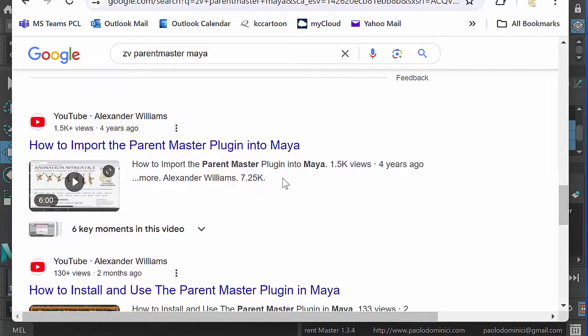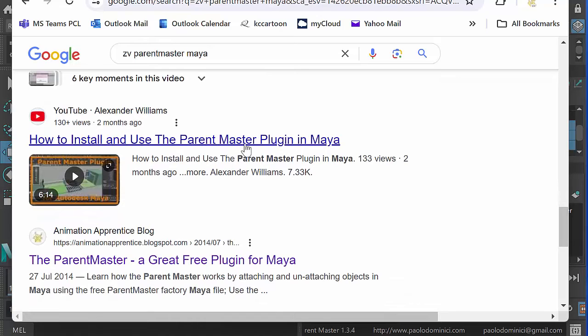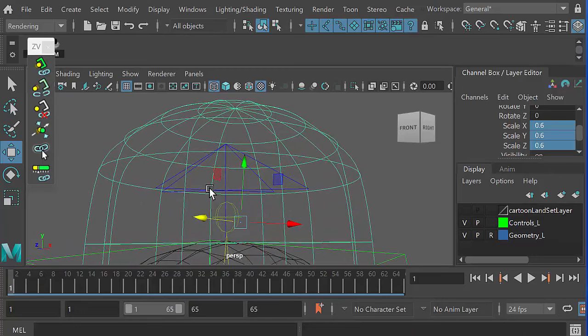There's another one by me, how to import the ParentMaster plugin in Maya. And there's a very recent one by me, how to install and use the ParentMaster plugin in Maya. So any one of those will help you get started with the ParentMaster. Super useful plugin. So there's the interface, and what I'm going to do is select the hat,